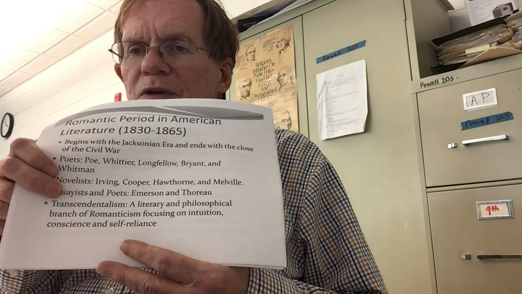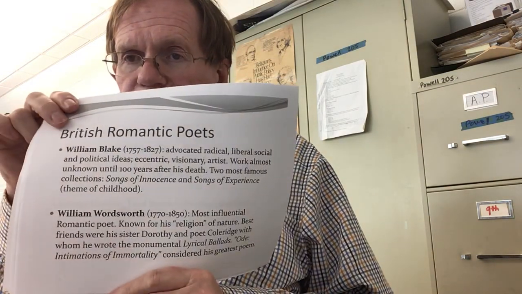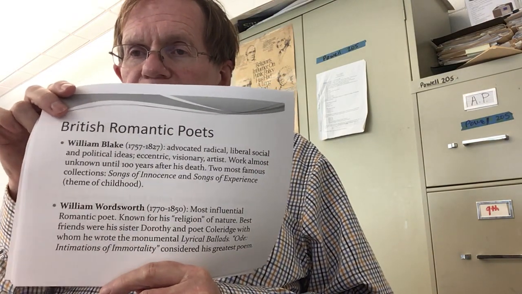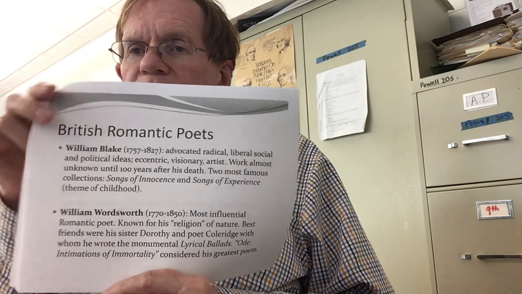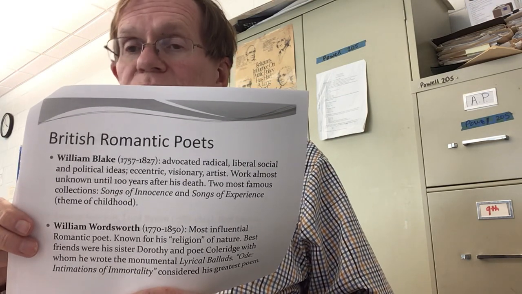Know that transcendentalism is sort of an offshoot of Romanticism, and three words there are intuition, conscience, and self-reliance. These are characteristics of this particular philosophy, which is a philosophy, almost a religion. And then finally, as you study, there are six of these men. The first three are the older guys, and the second three are the younger guys.